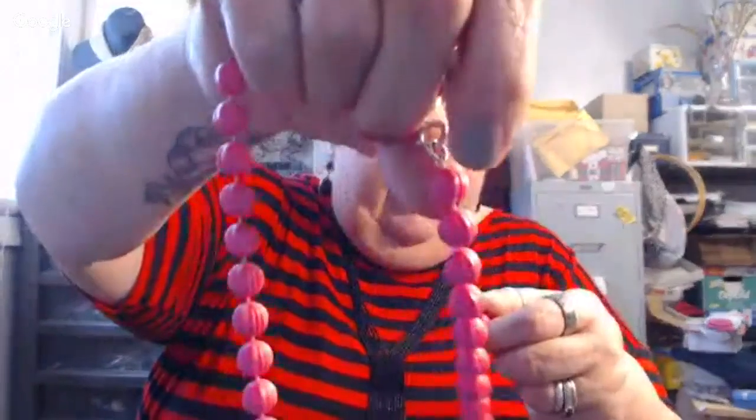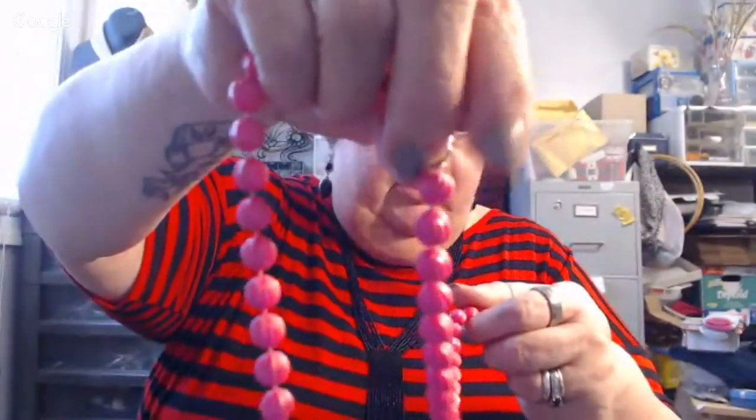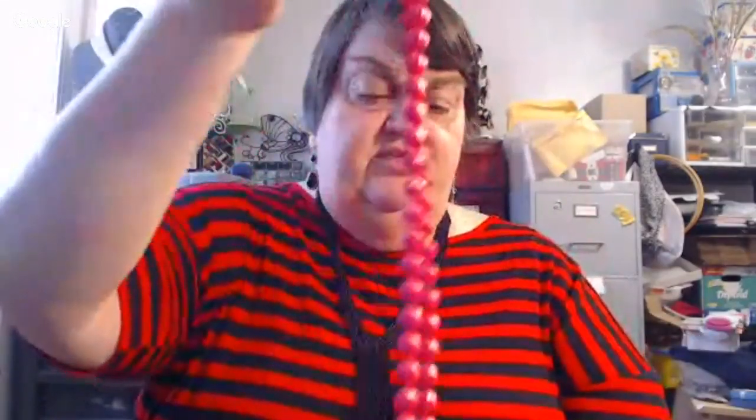Sarah Coventry. And here is another plastic in a molded shaped bead. It's not carved, but it is shaped, and it too is Sarah Coventry. And they're just plastic thermoset, what I would call just a plastic. So plastic beads. I'm not a fan of plastic beads, but I am a fan of Sarah Coventry jewelry. So anyway,